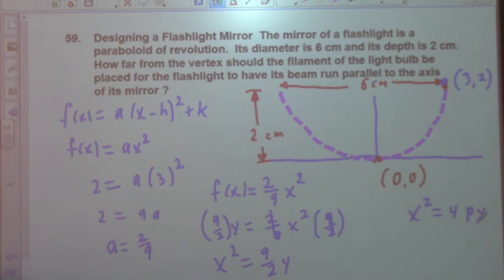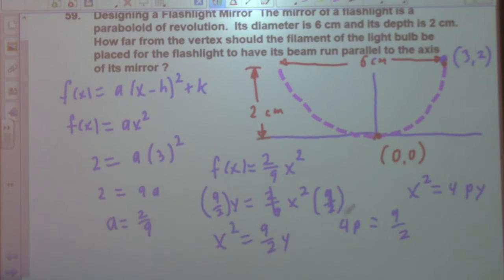We have this equation, this system over here. So what can we do? So what is 4p going to be? 9/2, right? So 4p is equal to 9/2. So what is p equal to? You divide by 4. So we divide by 4. So p is equal to 9/8